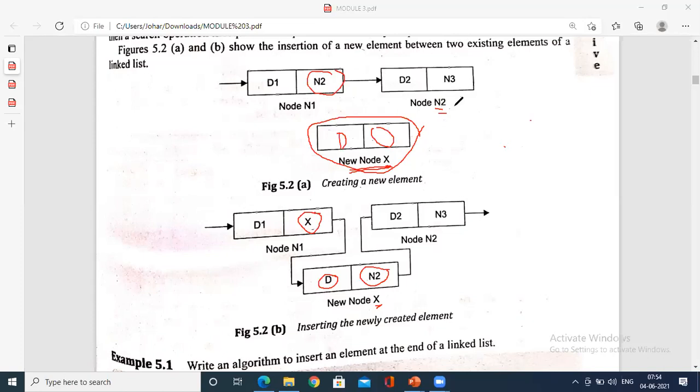Address of n2 it has to hold, no? So n2 will come over here. Previously n2 was here because it was directly connected to the node n2, address of n2. Now it is holding the address of n2, right? So that is a way. This is a simple diagrammatical representation that is being represented logically. How is the node being inserted in between?